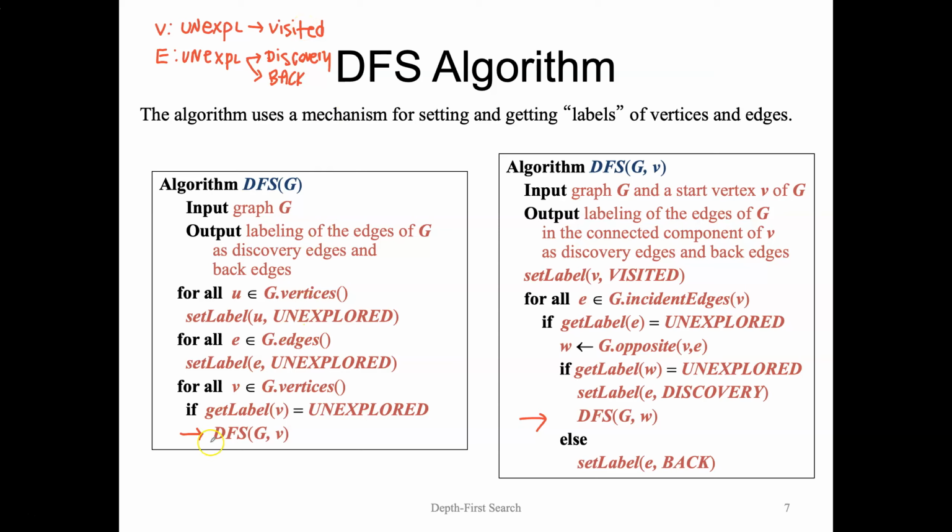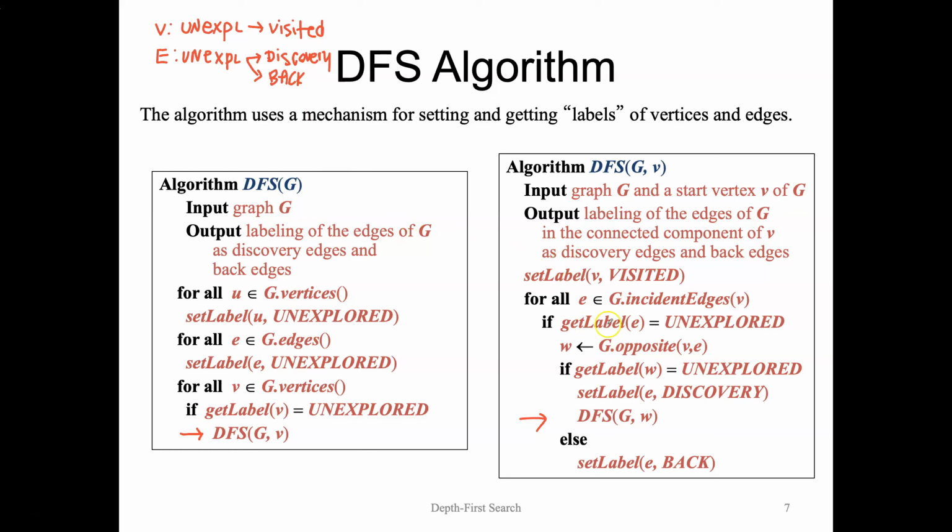We either call DFS from this side, from some starting vertex, or we call DFS from this side. But either way, before we call DFS, we check to make sure that vertex hasn't yet been explored. So we only ever call DFS, this right algorithm, once per vertex. And we mark every edge as either a discovery edge or a back edge. We don't go back and reevaluate edges that have already been marked and change them. We just mark them from unexplored to either discovery or back, and then we don't